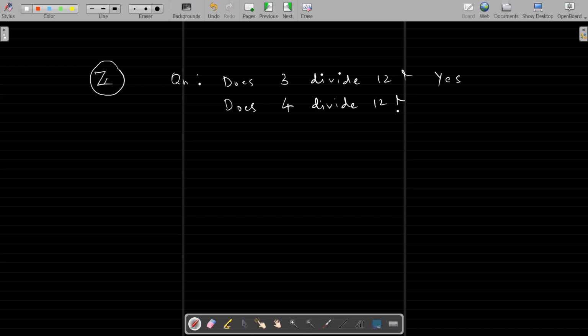Viraj has written an answer. Viraj, you have written 4 divides 12 because if we divide 12 by 4, it leaves no remainder. So what do you mean by divide 12 by 4? By that I mean if I put 12 evenly into four separate areas. Very good. So for example, you can imagine suppose there is a group of 12 students, and if I want to make their groups,